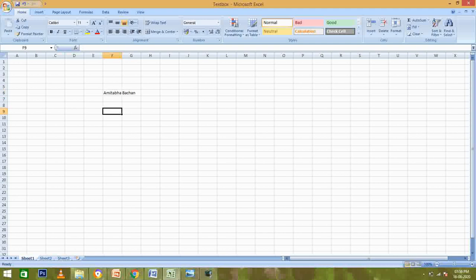You can see it is not getting fitted in the cell, so we use wrap text. Whatever data fits will stay, and whatever does not fit moves to the next line. So Amitabh can be fitted in this cell, and whatever we have written after that moves to the next line. So this is wrap text.